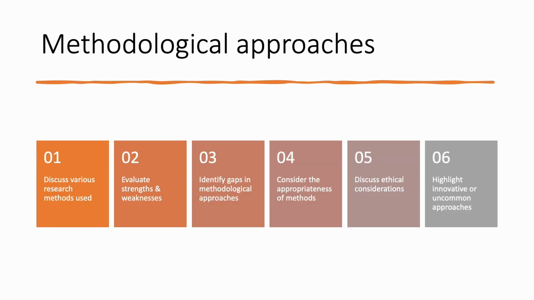As part of the literature review, you might also want to discuss some of the methodological approaches. Are there different research methods used? Can you evaluate the strengths and the weaknesses of these methods? So we're not only going to be looking at literature of what has been done in the past, but how was it done? So how was the method approached? What are the gaps in these methods, or are there any gaps in these methods? So sometimes in engineering, we might see that there's a very standard method that's been used, but they haven't looked at certain temperatures or pressures. So what are those gaps that you might find in the method of other people that have worked before you?